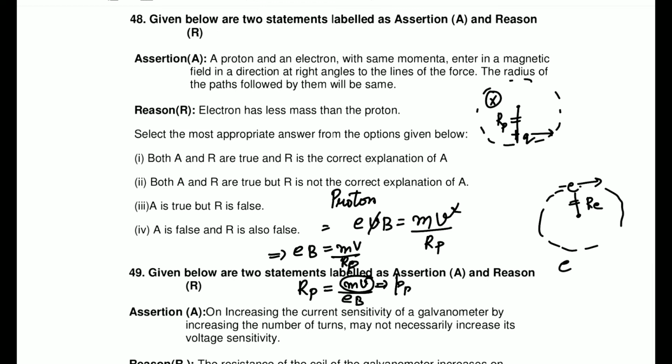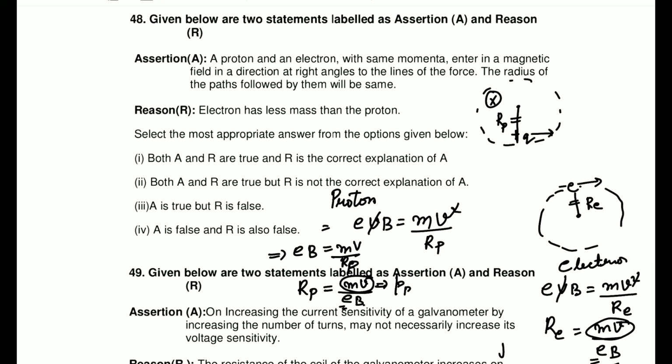Very similarly, you can write for the electron also. For the electron, you have to understand again, the charge is e, so evB equals mv squared upon the radius of your electron. Again, v will be cancelled out here, and the radius of the electron is again coming out to be mv upon eB, right? So the magnetic field is the same, the charge is also the same, and the momentum is actually the same. So the radius of the electron must be equal to the radius of the proton. I hope you guys can understand. So the radii must be equal. Yes, so the first statement is actually true.